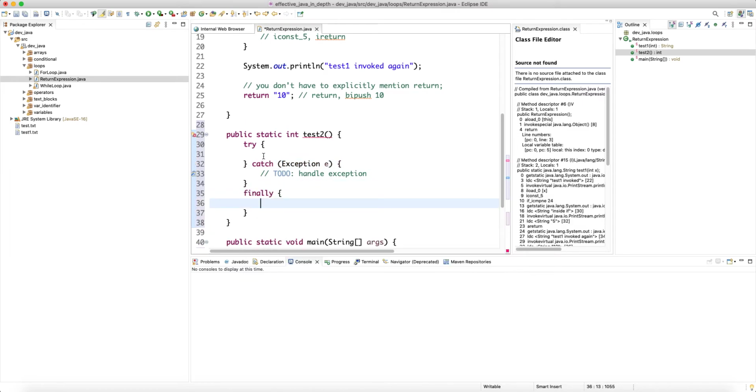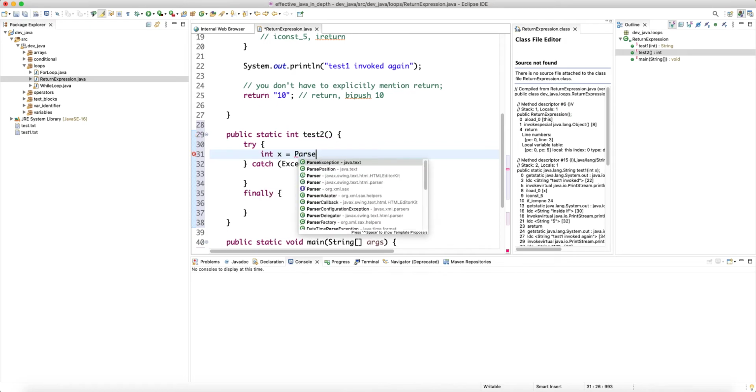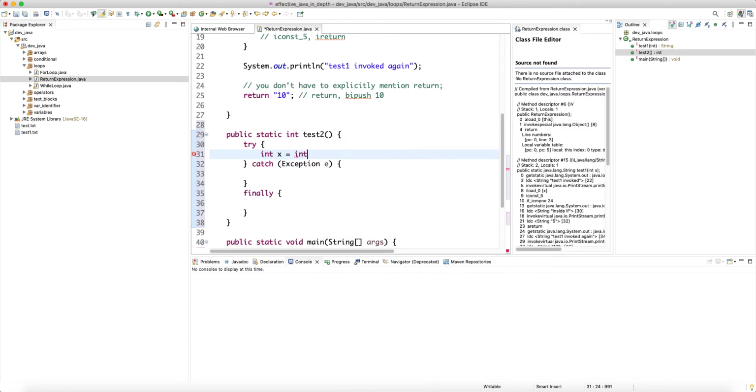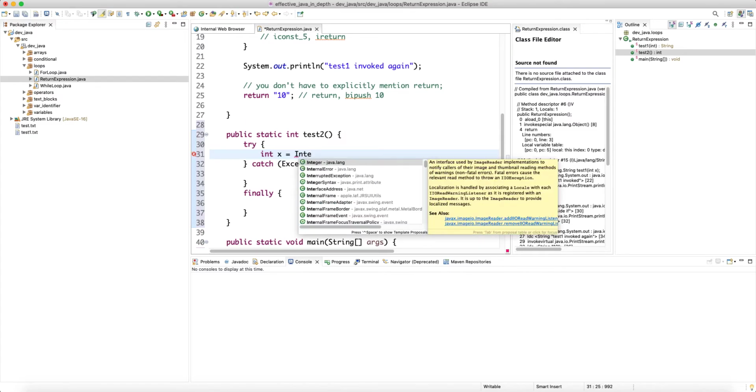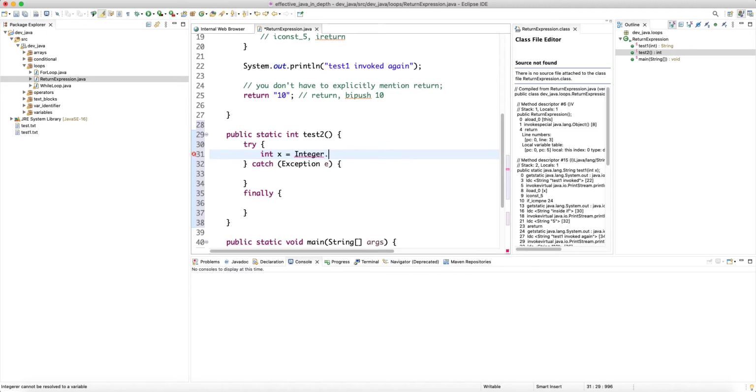So the whole idea here is that if some exception throws, we try to do damage control, gracefully handle it, but then we also sometimes want to do some cleanup. Obviously finally is not that common except when you're dealing with resources. But here, let's say int x is, from the Integer class, which is a wrapper type, has some parsing capabilities, parseInt. So we're going to convert this string to an integer primitive,